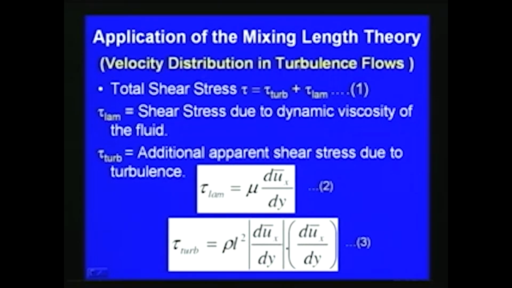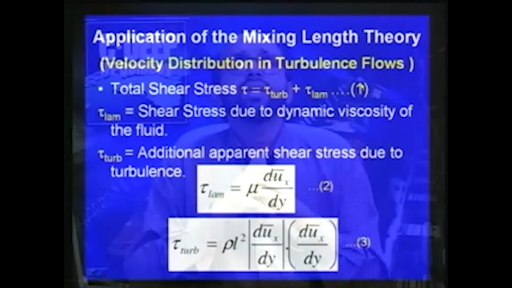So, for the velocity distribution in turbulent flows. As mentioned, our main purpose here is to find out the velocity distribution in the turbulence flow regime. As we have seen earlier in some of the cases for turbulence flow, the total shear stress, we can see that in most of the cases even the turbulence is generated, especially when we consider the flow over a flat plate. Most of the flow regime is turbulence, but there can be a small layer